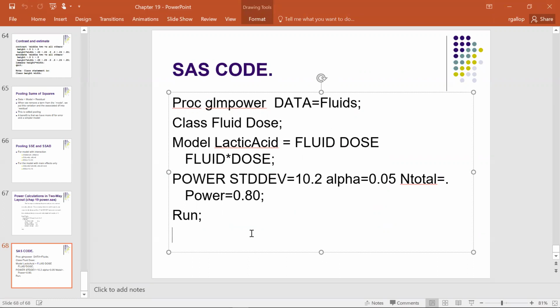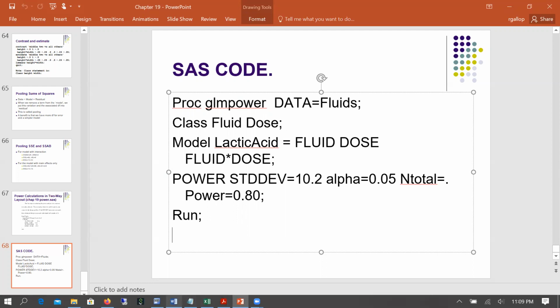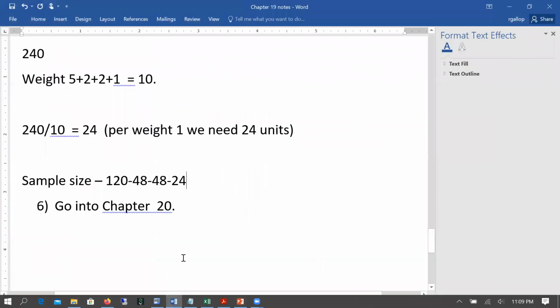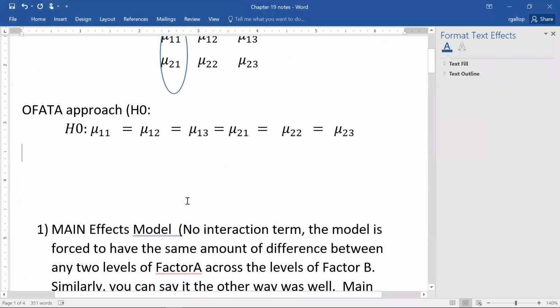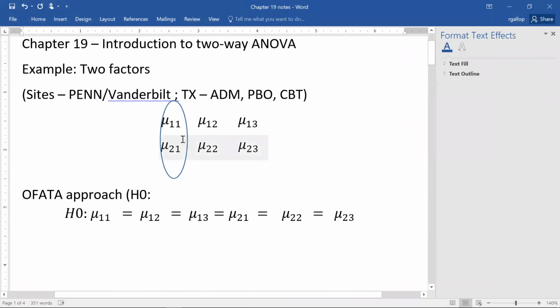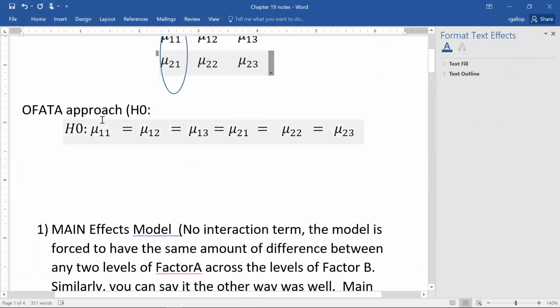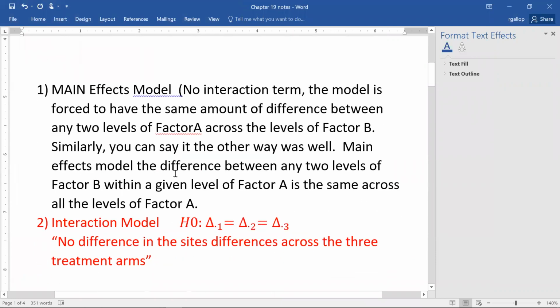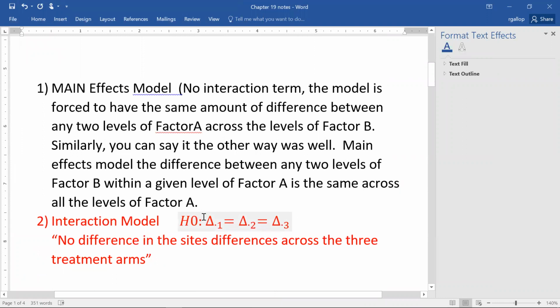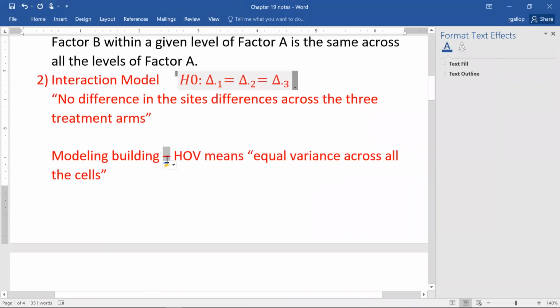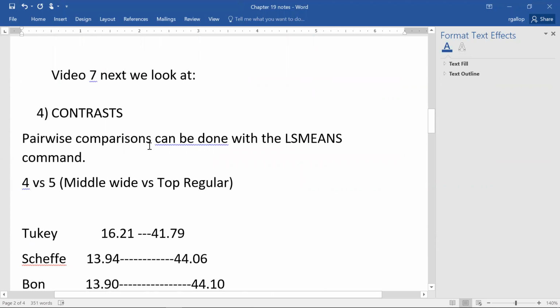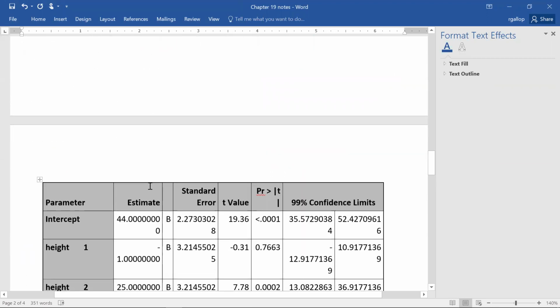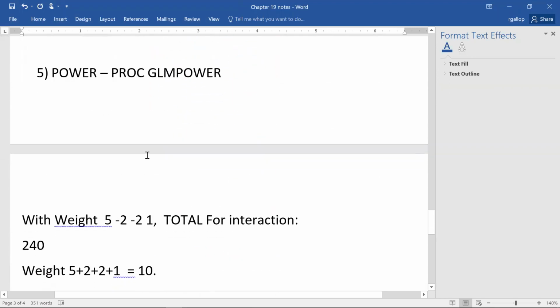So they were the big components with respect to the two-way ANOVA. So again, if we review what we did in this Word document, we laid out the formation of the model. We laid out the idea of the AFADA approach, the main effects portion of the model, the interaction portion of the model, which is the most important, issues with model building, how to assess HOV. We use the AFADA variable. Then we started going into contrast and estimate statements and multiple comparisons, adjustments there as well,